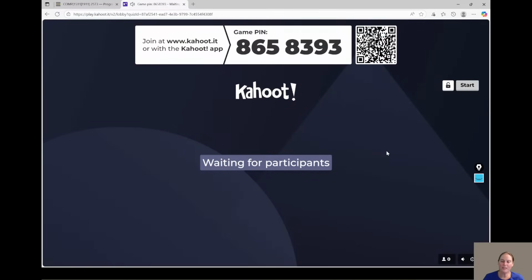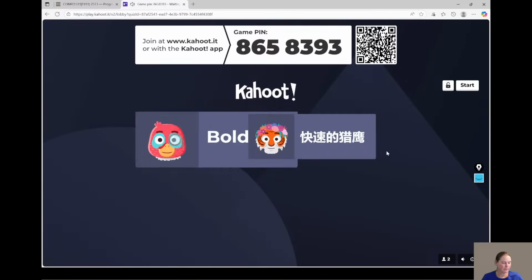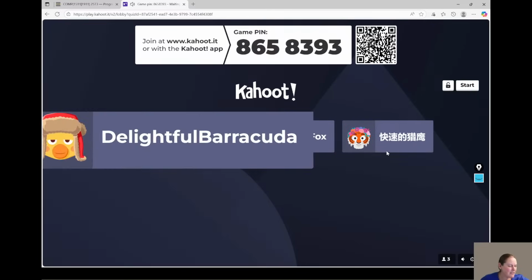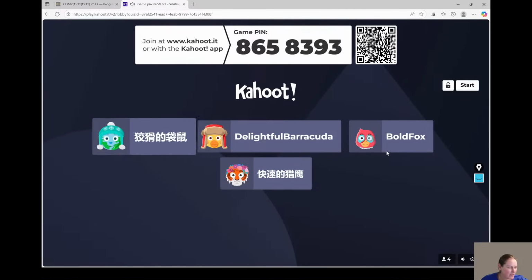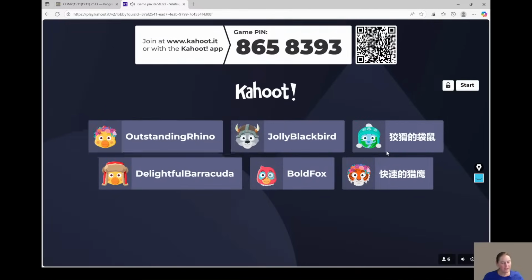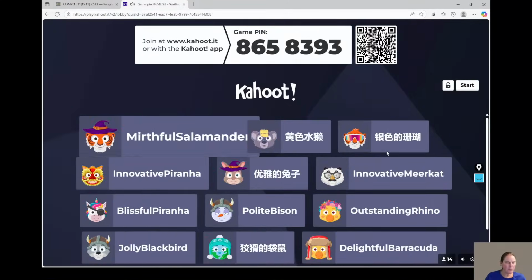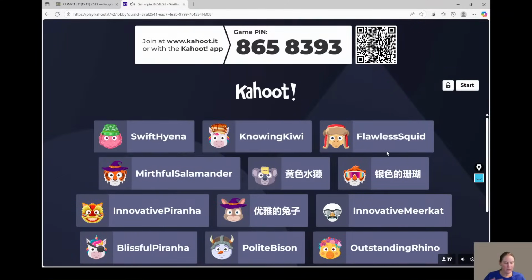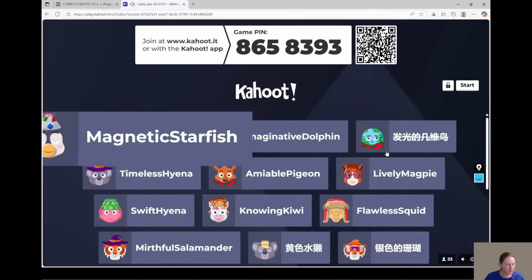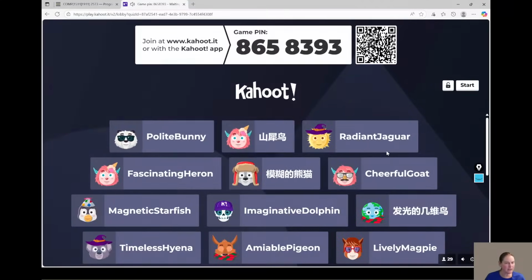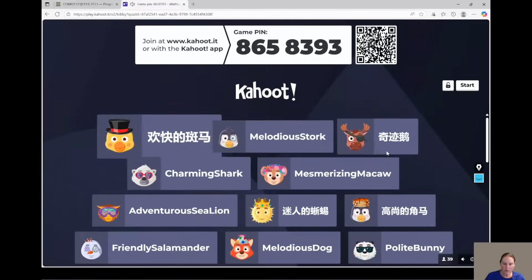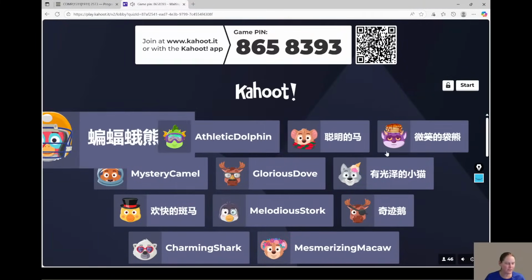So anyone who wants to join this Kahoot, someone's asking why we need a while loop for scanf. If you're trying to read in many values to put in your array, you've got to read them all in with a scanf. So that's why we've got it in a loop. Each time the scanf is reading one thing in, but we wanted to read in 6 or 7 values, so we had it in a loop.